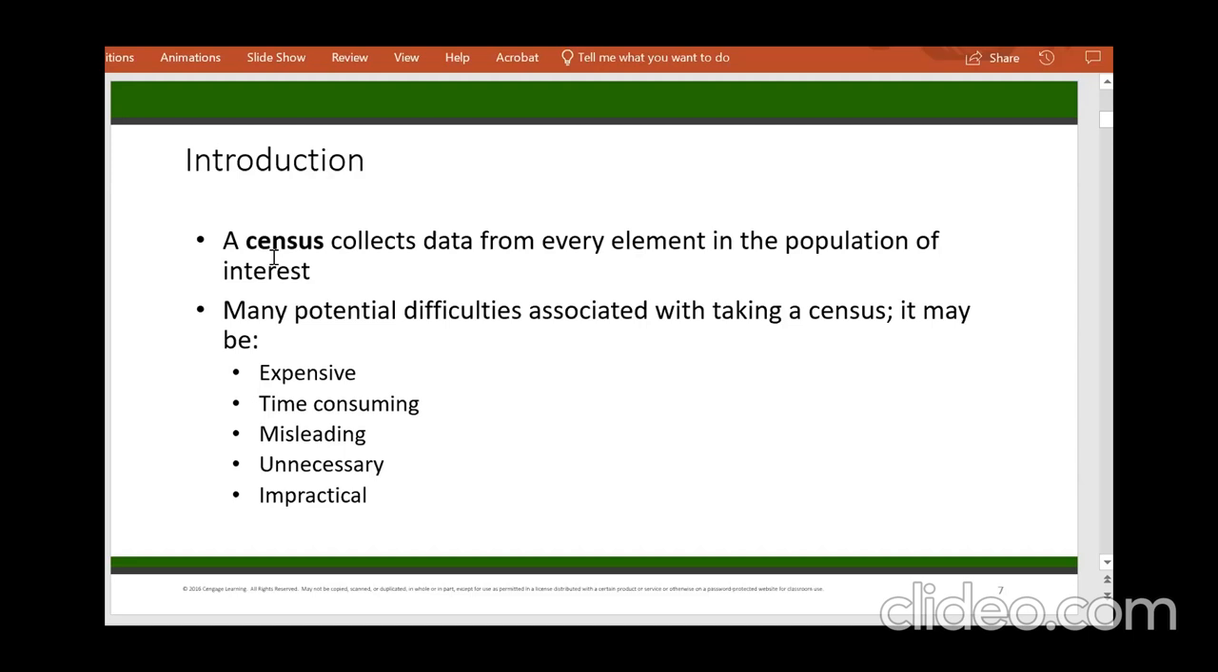This is something that you don't want to do. Indeed, you want to reduce the number of cases that you put to that destructive test, right? So this is a case where census would be impractical. All right, so what do we do in cases where census is expensive, too time consuming, misleading, unnecessary, or